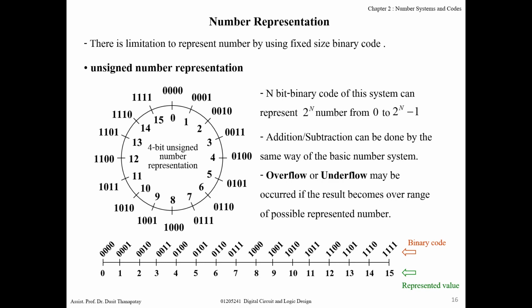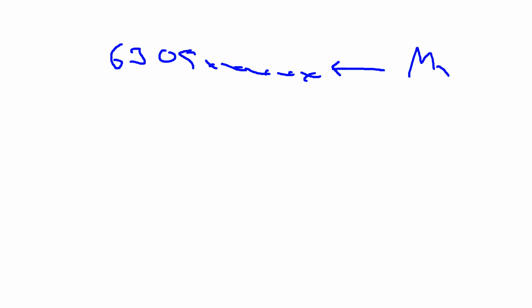Today, we'll study number representation that is represented by binary code. Okay, the keyword is code. Code, in general, may be a number or some kind of symbol to represent something. For example, your student ID may be 6305 and something. This number may represent Mr. A, for example,